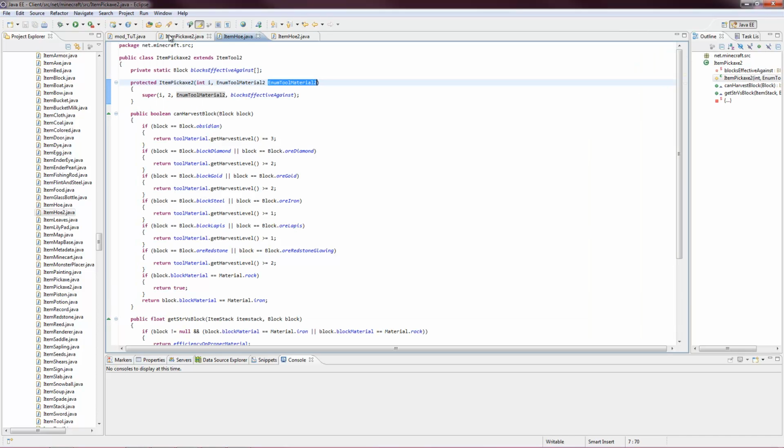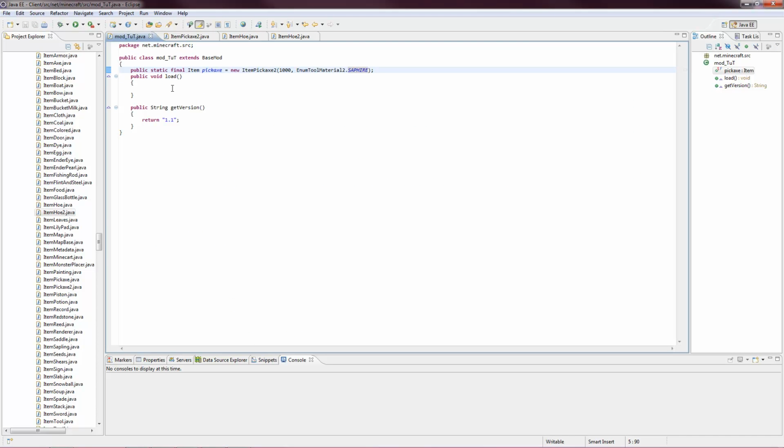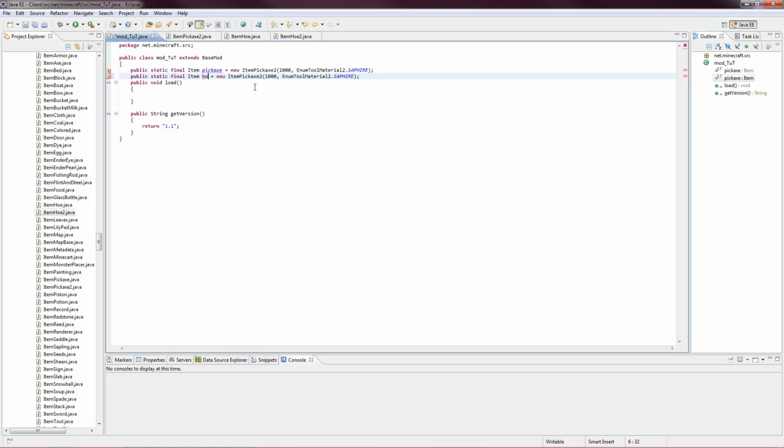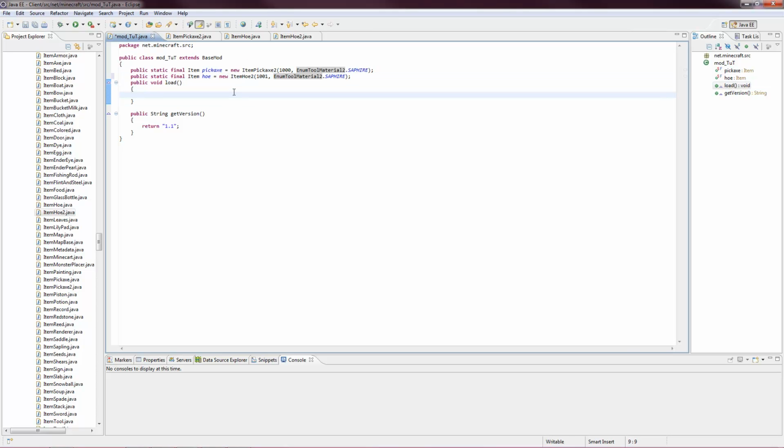Then you can do that with all the different classes, and then obviously you would just say copy and paste this, make a new hoe, and it is going to extend ItemHoe2, and then you would change the ID, but you would keep the EnumToolMaterial the same if you want it to have the same properties. Then obviously you need to do all the usual things for an item. So you want to add the name,